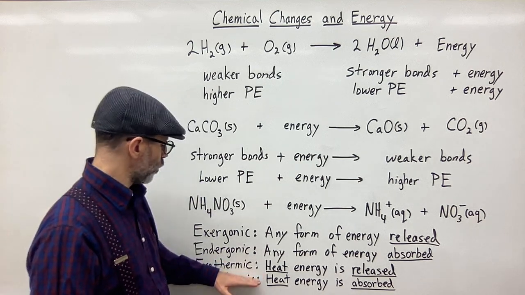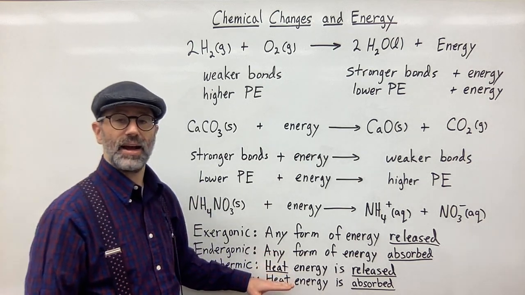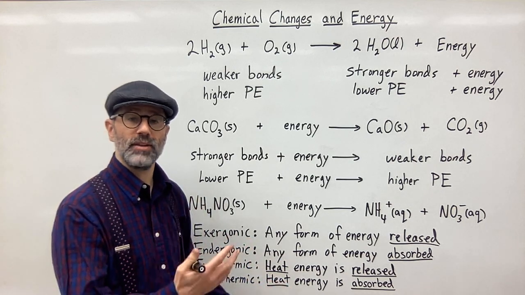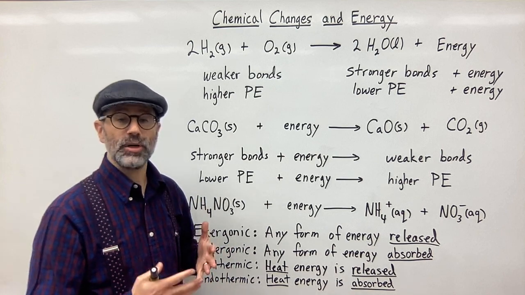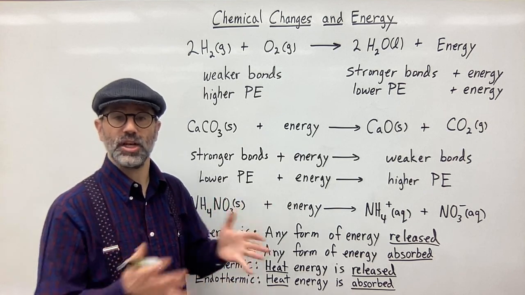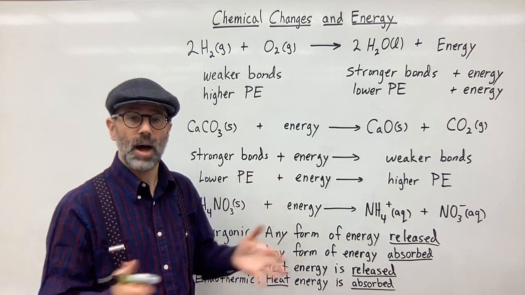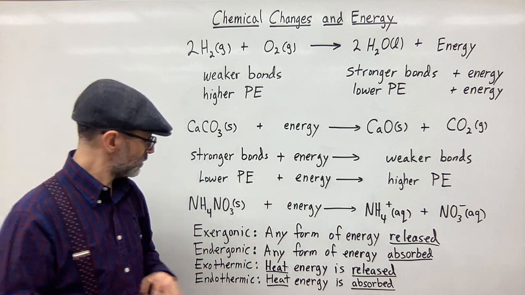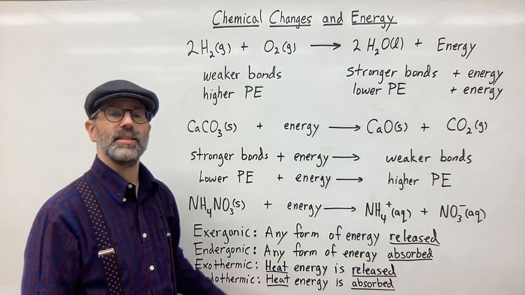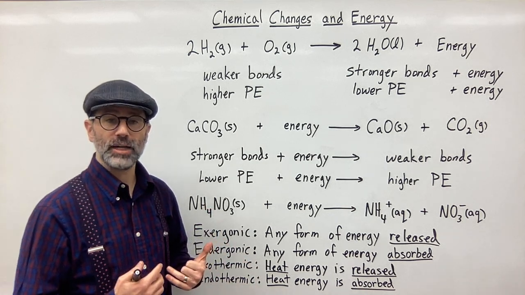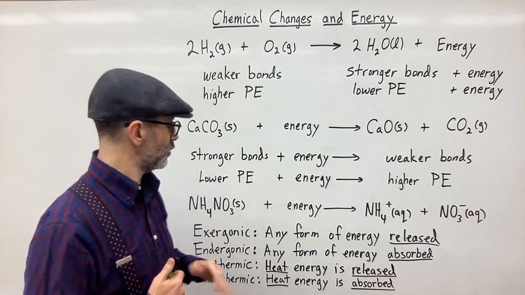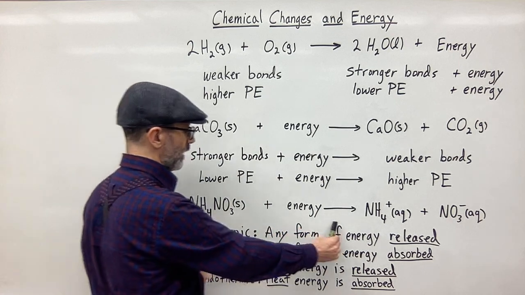So if you have an exothermic reaction, that means that reaction is releasing energy in the form of heat, and therefore that's going to increase the temperature of the surroundings, because it's increasing the average kinetic energy of the chemicals, the molecules, the atoms in the surroundings. The opposite is true for an endothermic reaction. So in this case, if you have an endothermic reaction, that is absorbing energy. It's absorbing energy in the form of heat energy. So this would be an example of an